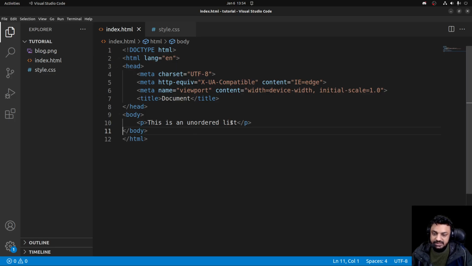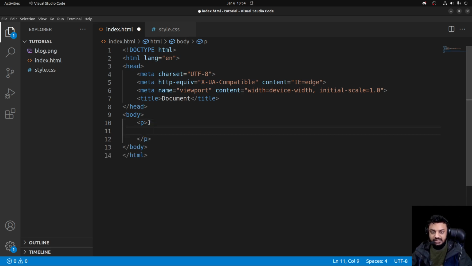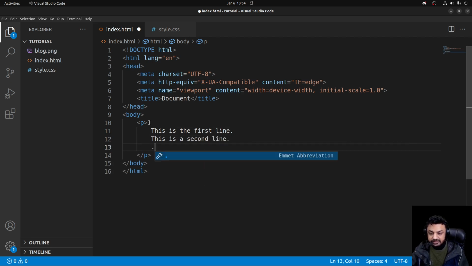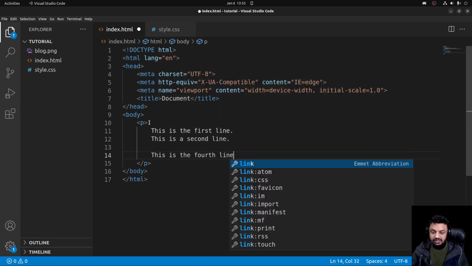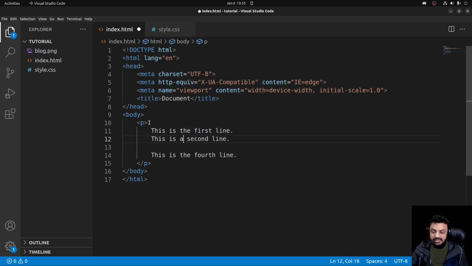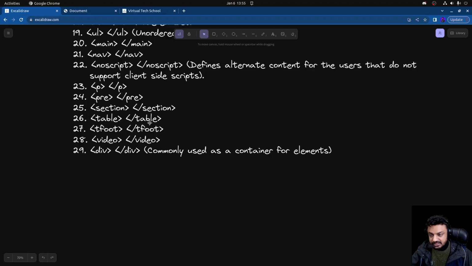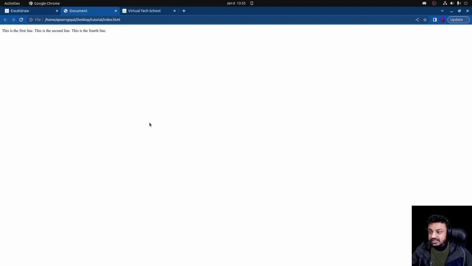So sometimes what happens is that we want to have a p tag, but let's say I want to write something in it which contains some additional space or some additional lines. So let's say I want to write it this way. This is the first line, and then this is a second line, and then I have a simple empty line, and this is the fourth line, right? If I save this and refresh this,